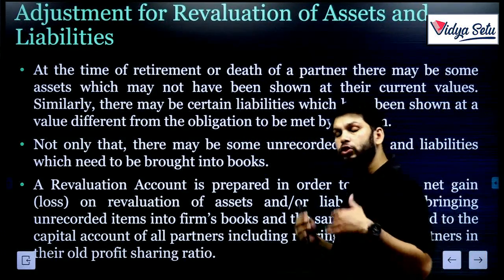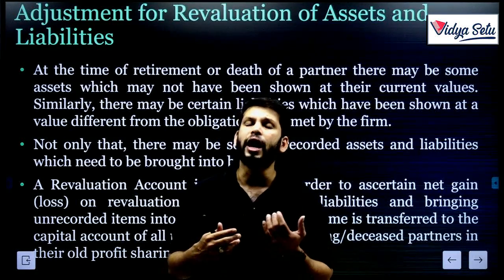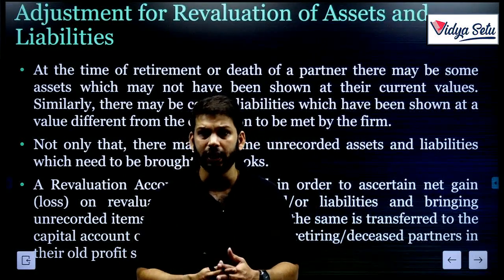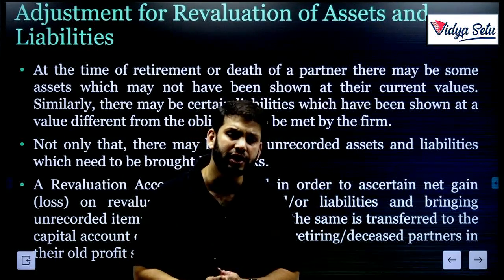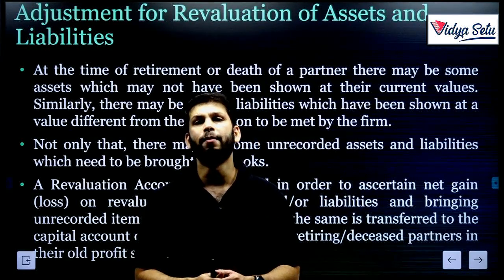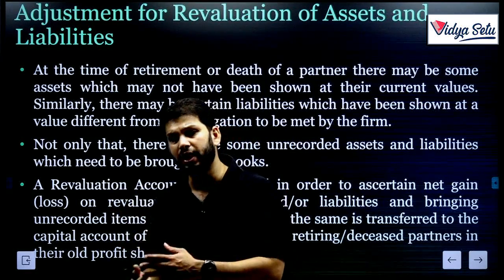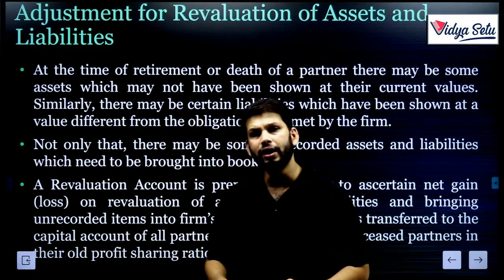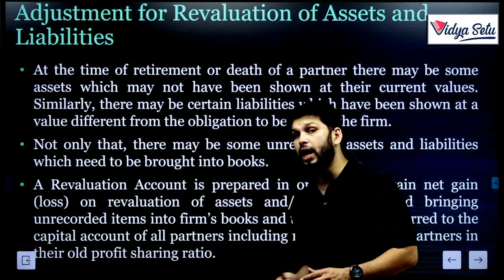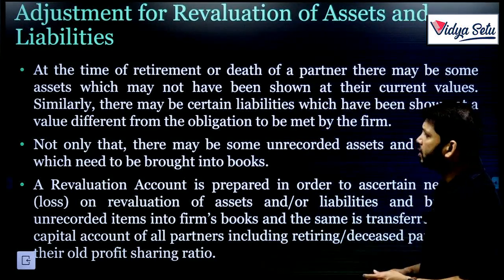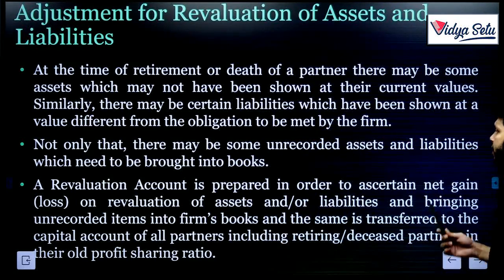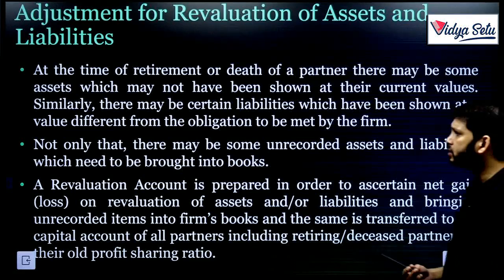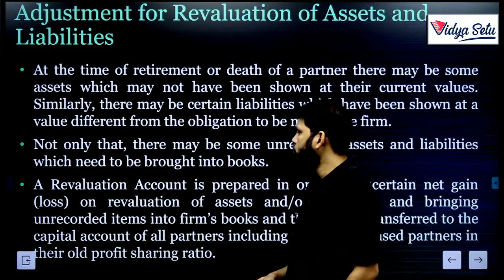So our liabilities are not at what they are supposed to be. Okay, the values are different. They do not resemble the market values or what we have to pay to the liabilities. So what we need to do, we need to revalue our assets and reassess our liabilities. So not only that, there may be some unrecorded assets and unrecorded liabilities which need to be brought into the